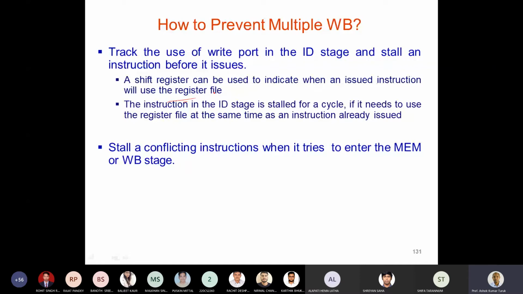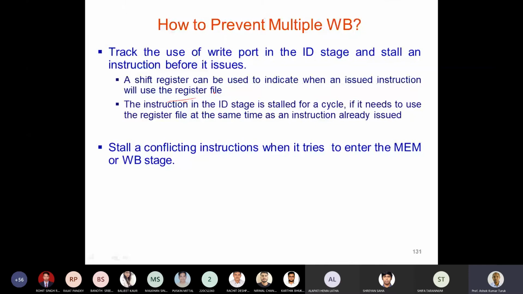There will be many instructions in the execution stage, and if an instruction is stalled, then the rest of the instructions have to stall. There has to be a back propagation of this information in the pipeline. So here the checking is easy, but the problem is stalling the rest of the entire pipeline, which are the different stages of the execution.